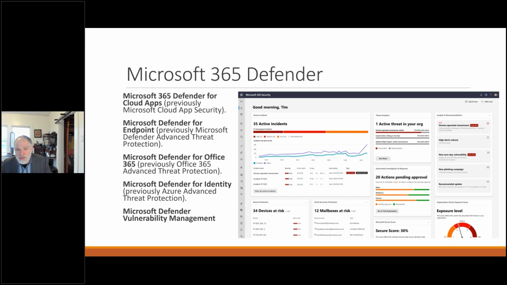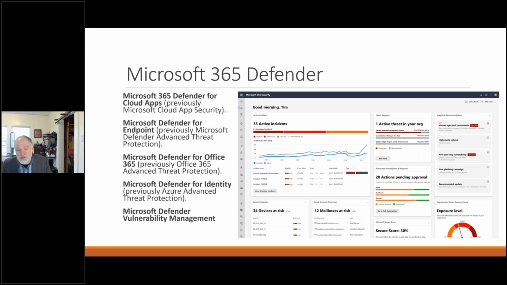Defender for Endpoint, this is that endpoint detection tool. It's basically a centralized way of accessing the Defender tool set that runs natively on Windows 10 and 11, but also has some additional features when you deploy it as part of a Defender for Endpoint strategy. That's also, by the way, what feeds the metrics into Defender for Cloud Apps. So there are some tie-ins and overlaps between these. Defender for Office 365, those are just protecting SharePoint and Exchange and some of those other tools in the cloud.